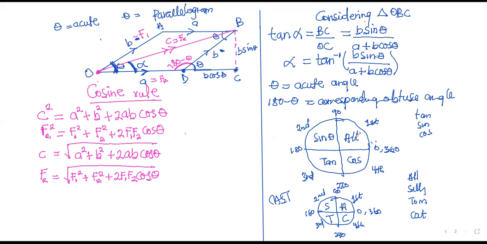So within the first quadrant, when you take sine, cosine, tangent, you can try it on your calculator. Take any acute angle between 0 to 90, maybe 60. The sine of 60 is positive, root 3 on 2. The cos of 60 is also positive, half. The tan of 60,